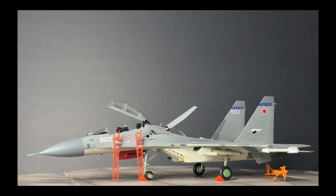Indonesia and Uganda also took delivery of the type. The Su-30 Mk2V was a Su-30 Mk2 variant, slightly revised for sale to Vietnam. The Su-30 MKV was an export version of the Su-30 Mk2, and that was sold to Venezuela. The Su-30 Mk2 forms the basis of the Su-30 SM2, and these have been taken into inventory by the Russian